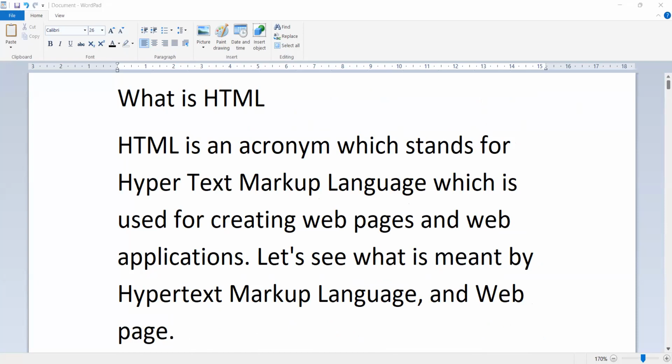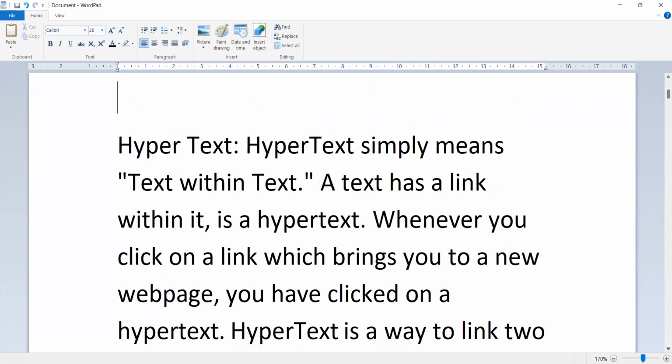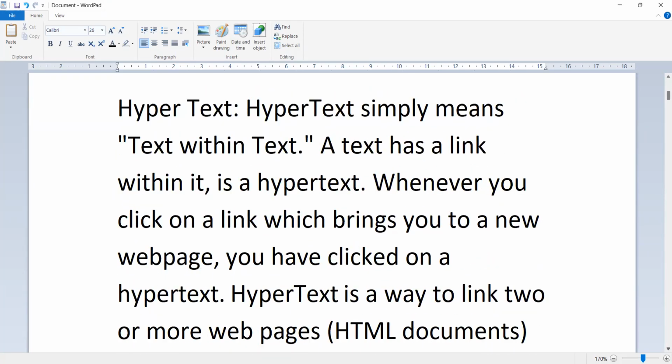Next one. Hypertext simply means text within text. A text has a link within it. It is a hypertext. Whenever you click on a link which brings you to a new web page, we have